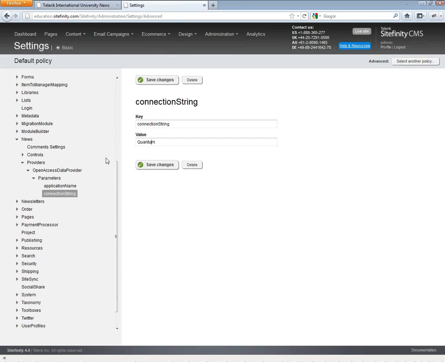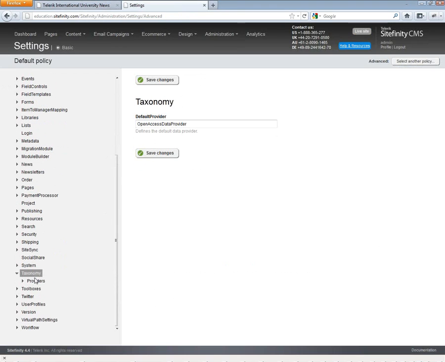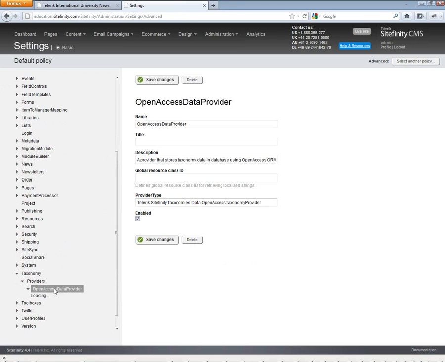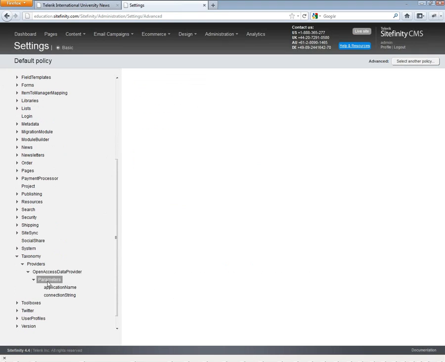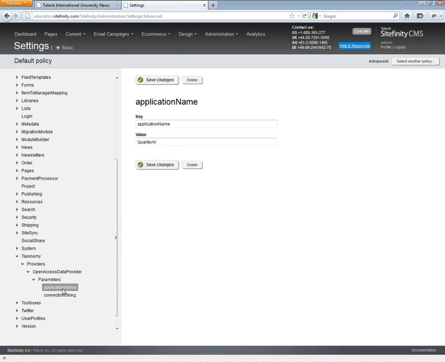And as I mentioned, I also shared my taxonomy, which I did in a similar fashion. I just added some parameters. First, application name, I used the value Quantum, which tells Sitefinity that it should look for the taxonomies in tables where there is a cell named Quantum, which is the identifier for